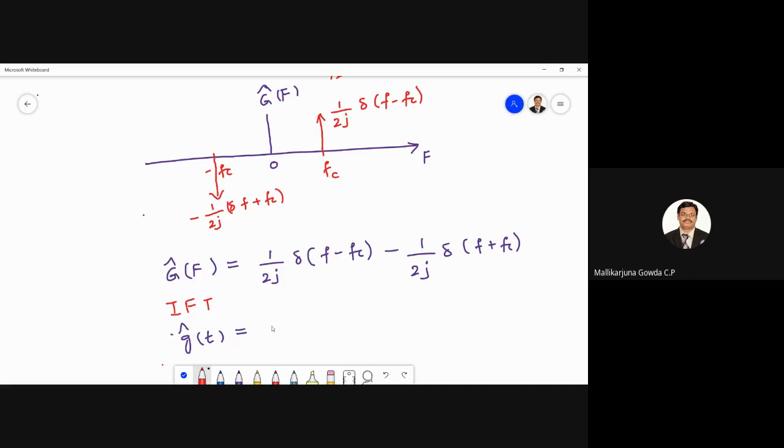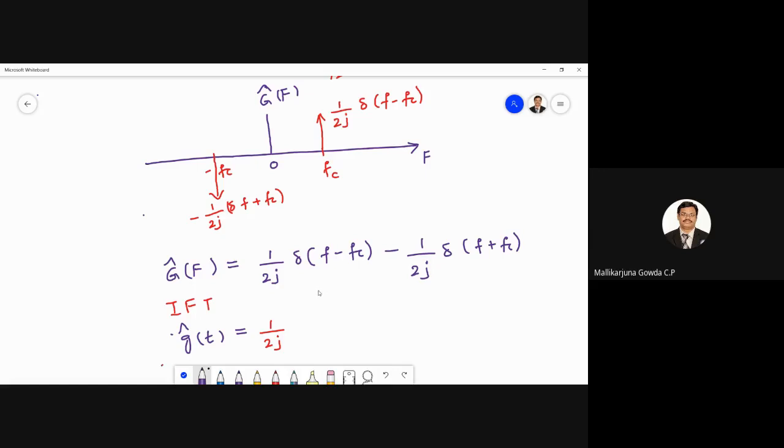So I will write 1 by 2j. What is the inverse Fourier transform of del of f minus fc? It takes time, I think, right? You always think you have to go with that integral equation, substitute and come back. Okay, of course,